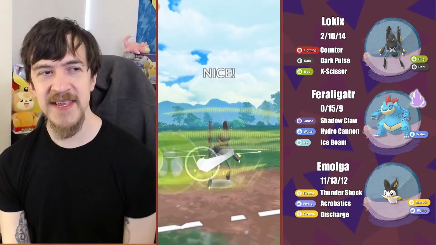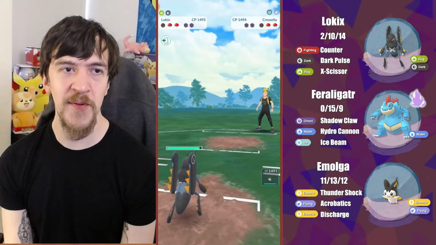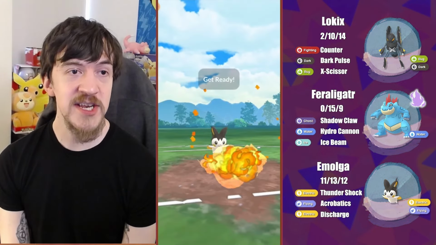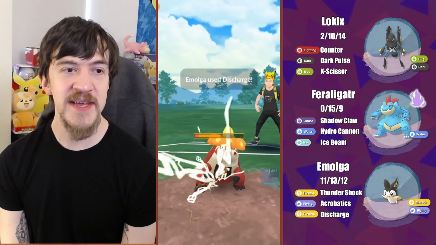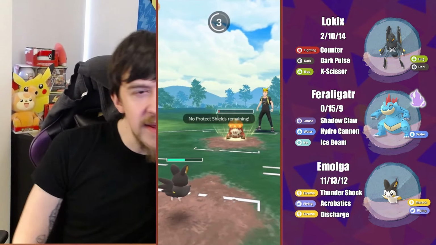I was a little scared to get smacked by a Moonblast, so I do kind of preemptively throw that move, and they bring in Skarmory. And in this situation, I could have played this slightly different, I think. I think what I could have done...